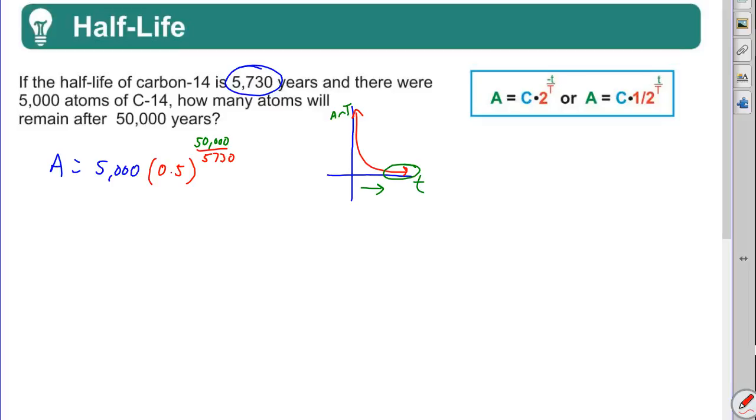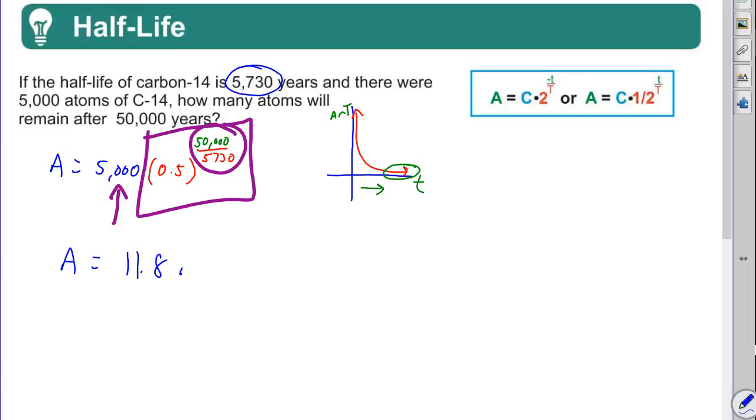Okay, so you run the formula. Be careful. You got to be careful. Again, we have an exponent. My preference is to do this part in the calculator first. Actually, I figured out the exponent. I stored it. Then I did 0.5 to that power, and then I multiplied it times the 5,000. When it's all said and done, we end up with